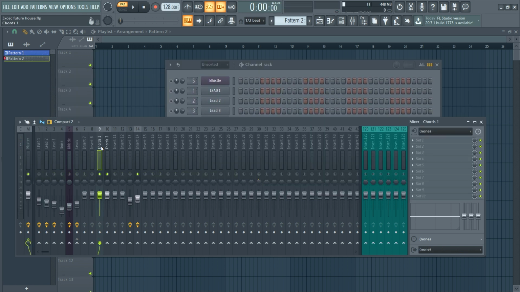Now let's process the chords. I have routed them to a mixer channel. Now let's select them both. By the way, to do a multiple selection in the mixer, you click on Control, you hold it, and you just select your channels, and let's route it to a mixer channel, and let's call this one chords,